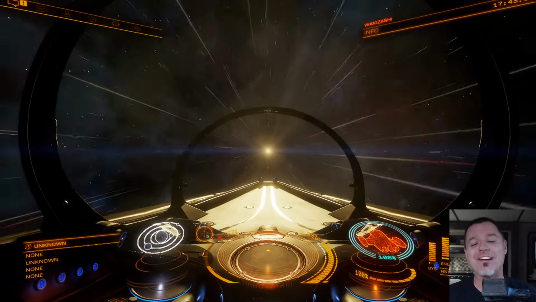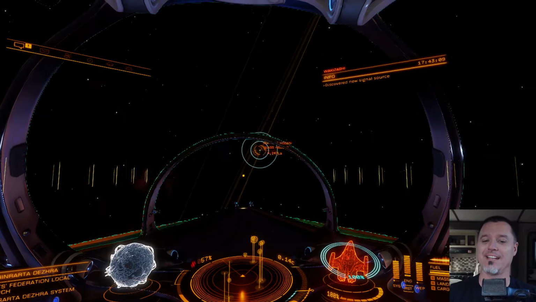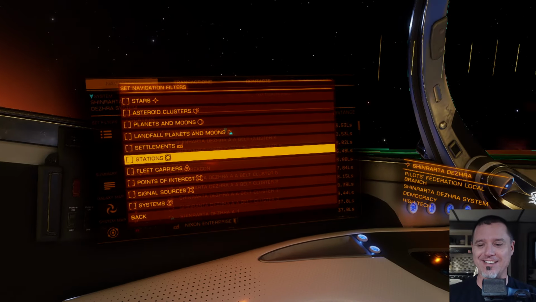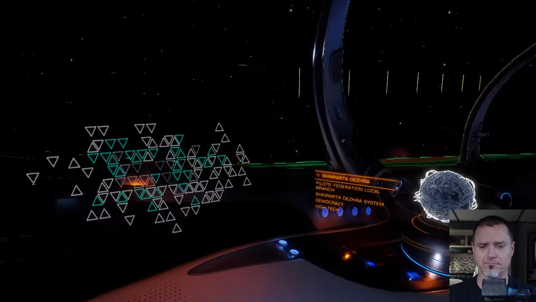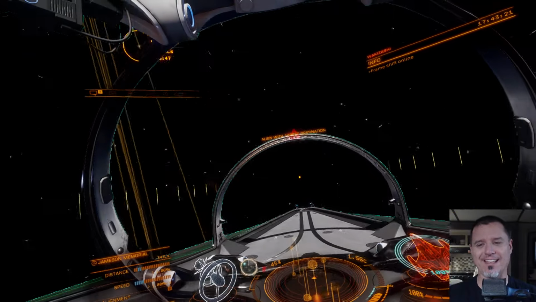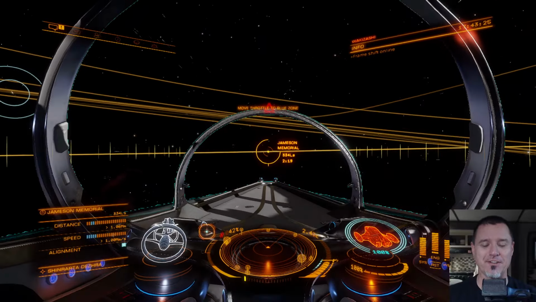Since I'm not looking for engineering materials or anything, there's no reason for me to land or waste any time doing that stuff. Okay, we'll head back to the station here and see if maybe we can find one that actually has us get out of our ship and go snipe somebody,